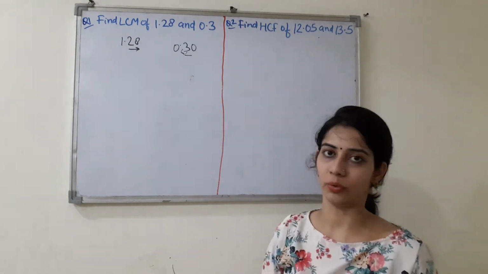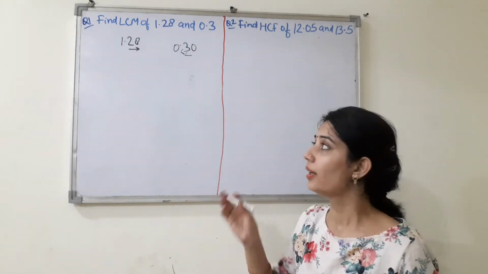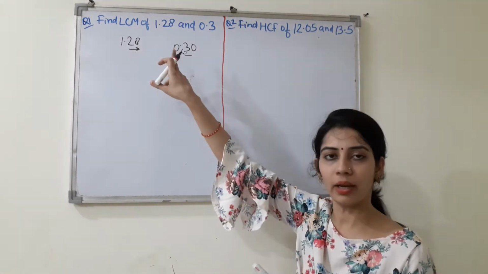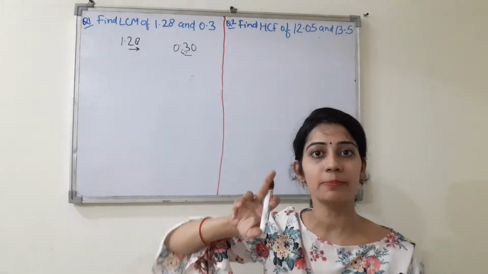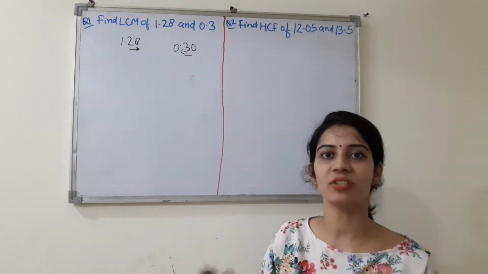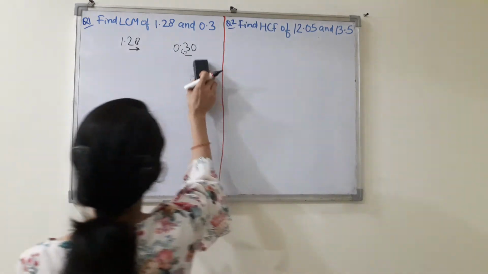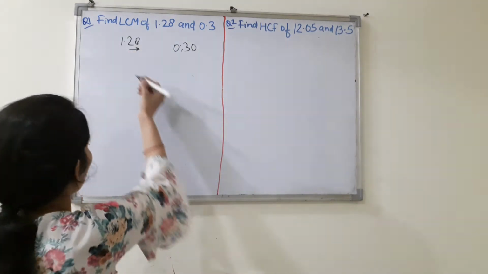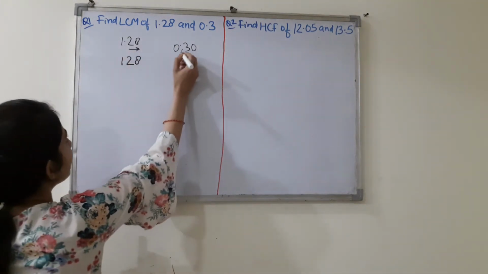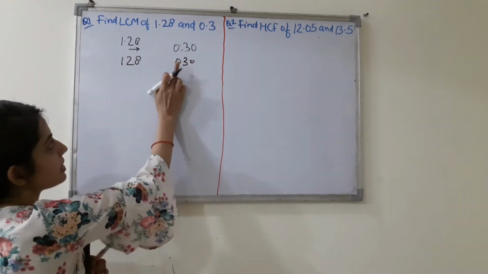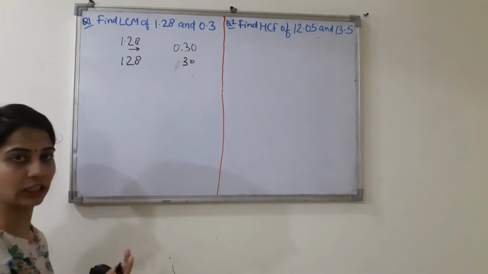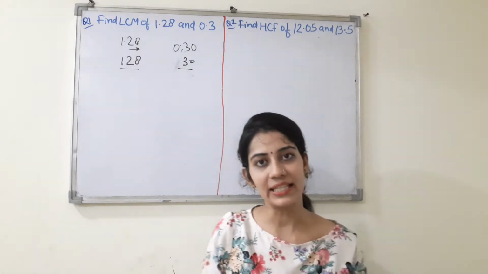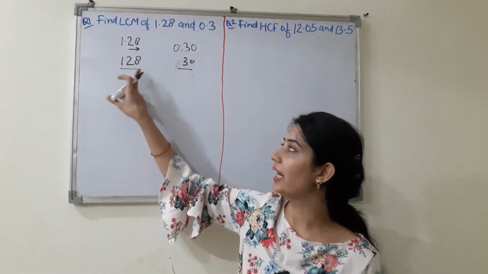1.28 and 0.30. Now the places of decimals are the same. Now the second step is what? Now we will find the LCM of these two numbers, but we will treat these numbers as without decimal. So now the numbers we take must be considered as having no decimal. So what do your numbers become? 128 and 030. A 0 before a number has no value, so that is 30. So this is 128 and 30. Now you will find the LCM of the numbers 128 and 30.